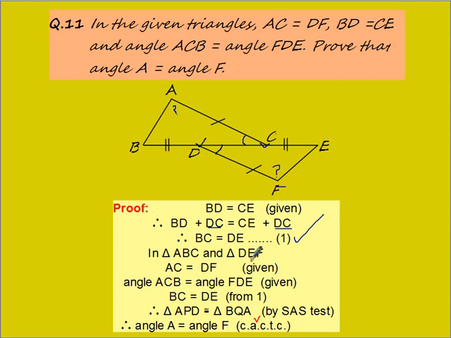Now I am taking these two triangles, so it is not an easy sum, or it is not like the previous sum. Here I am just finding it before I prove two triangles congruent, because I should have the combination of two sides and one angle, or two angles and one side. Now it's easy, and then I applied corresponding angles of congruent triangles.